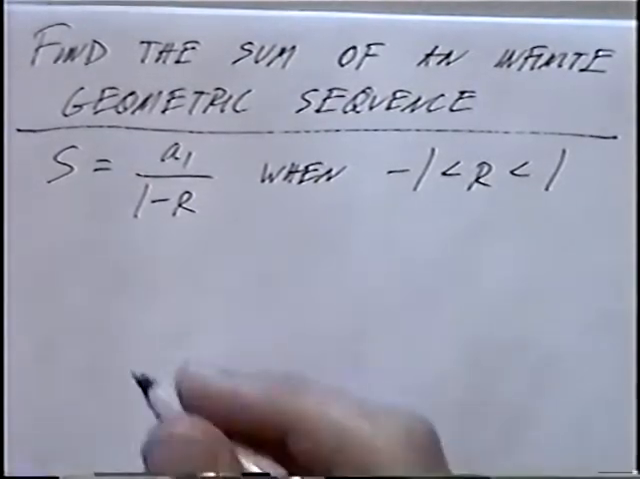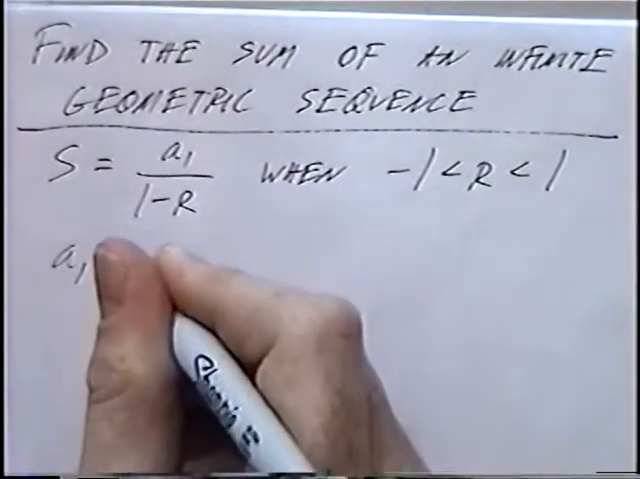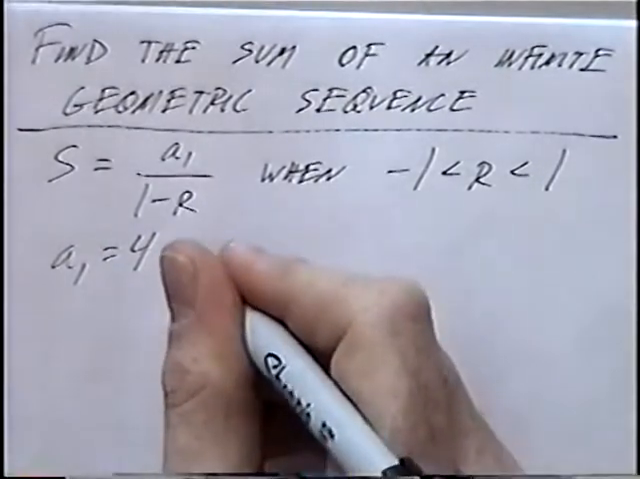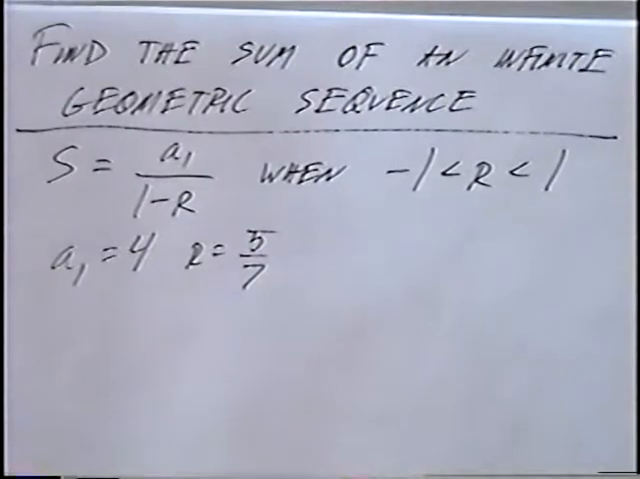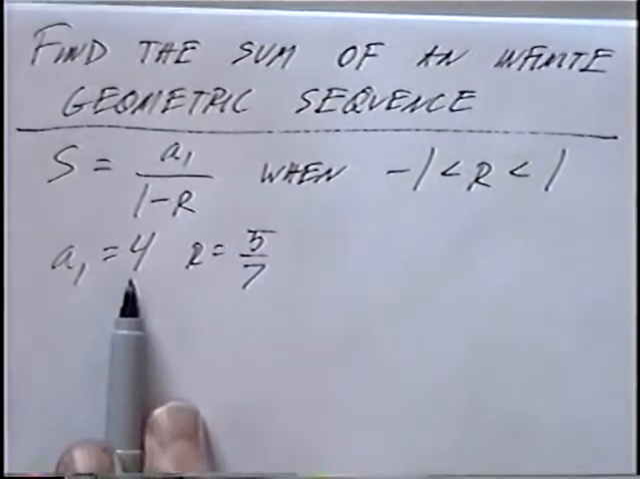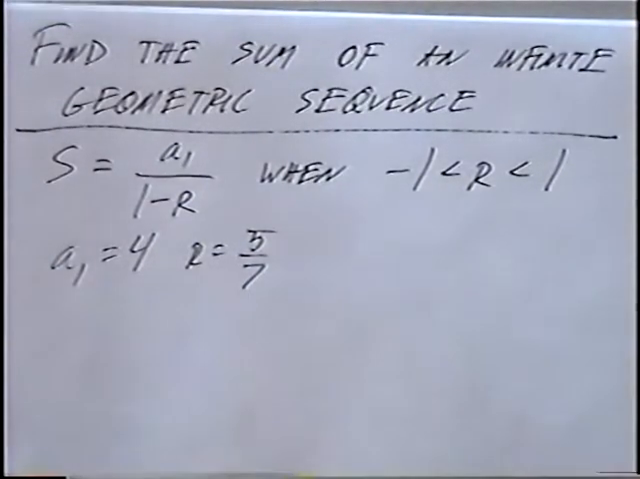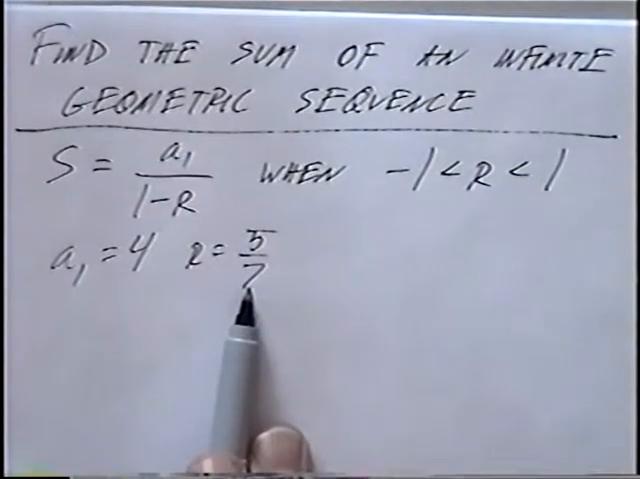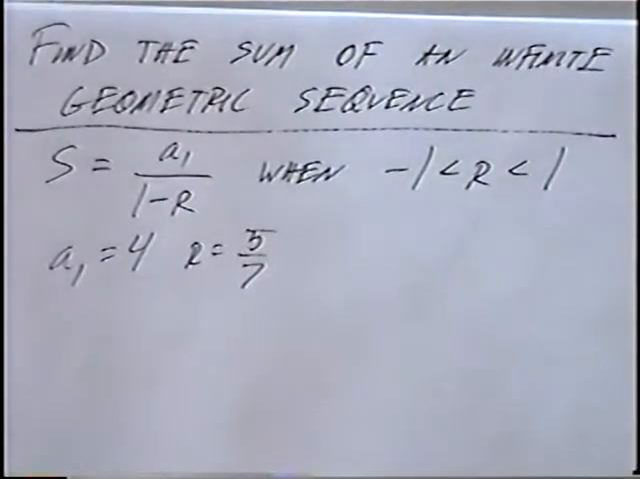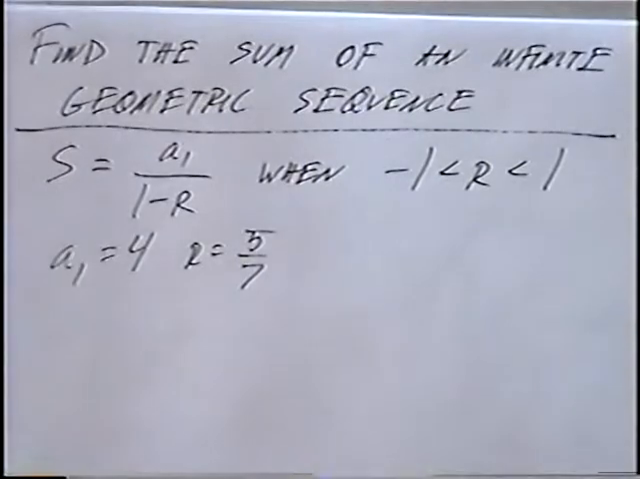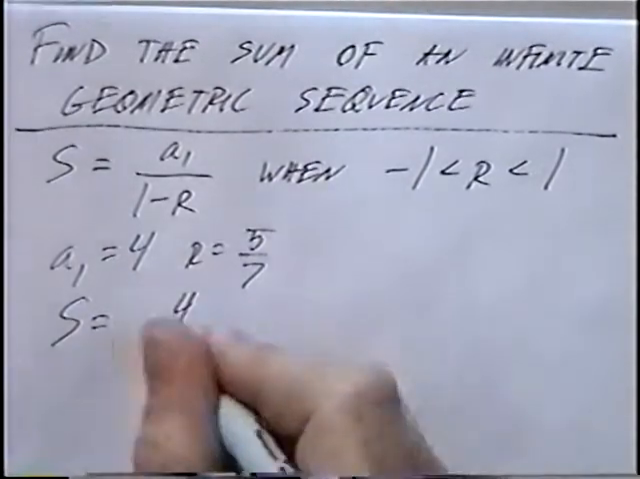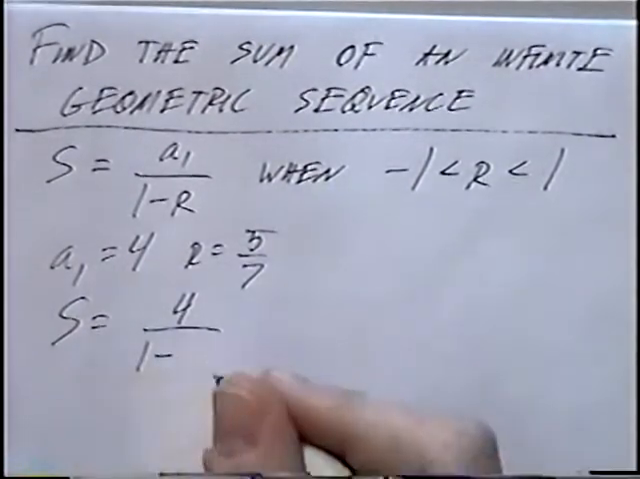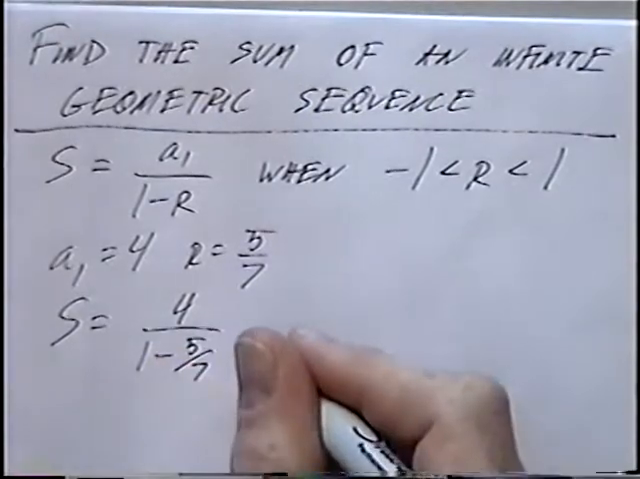The first problem we'll solve, a sub 1 equals 4, and the rate equals 5 over 7. So with the first term being 4, each term after that for the geometric sequence gets multiplied by 5 over 7, which again each term will get smaller and smaller, and we can use the formula to find or approximate the sum. So the sum of all the terms would be 4 divided by 1 minus 5 over 7,